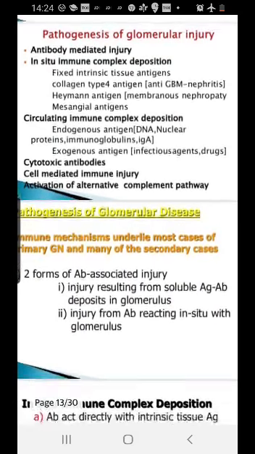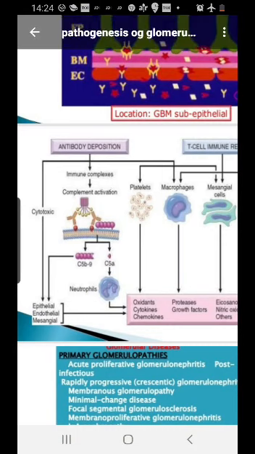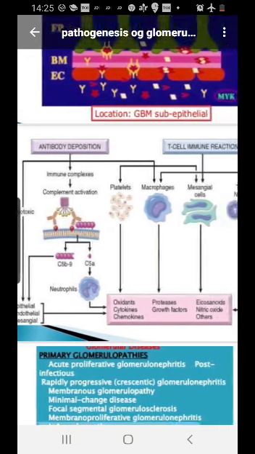Now how do they act? We will see in this diagram first. Now you see, if there is an antibody deposition, an immune complex is formed, and this will result in the activation of the complement. Now if the complement is activated, it will form C5a or C5b-9. C5a will induce the formation of cytokines and chemokines, but C5b-9 forms a membrane attack complex which will go and lyse the cells. So that is also part of cytotoxicity.